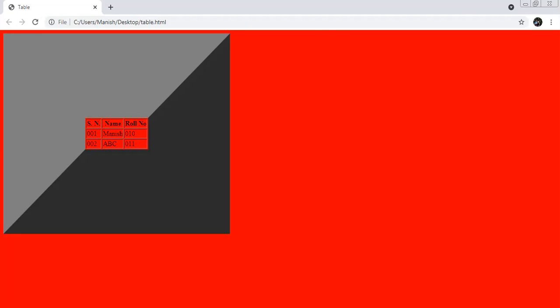One of the advantages of using a table, when we apply the bootstrap concept, means if we want to show the output on a small screen, then the data will not be overlapped with each other or scattered here and there. All the data will be bound when we place the data inside the table. One disadvantage of using a table is the size of the page will be heavy when we create a table.